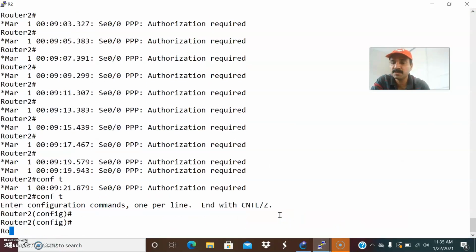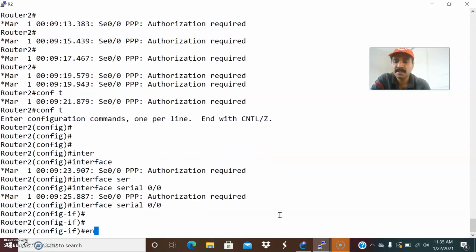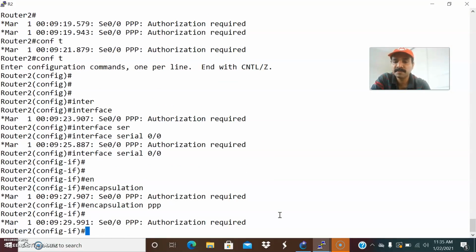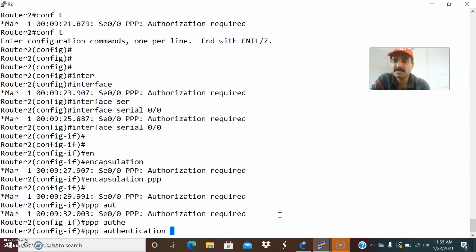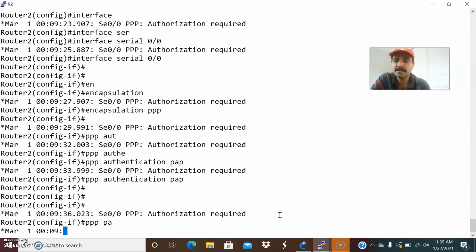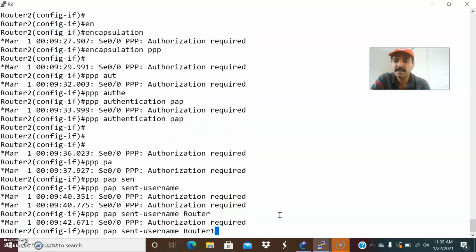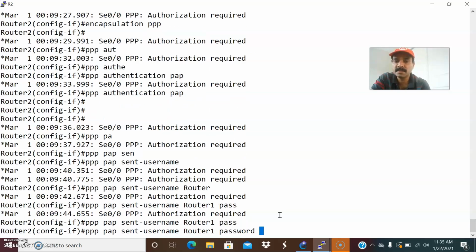Go to the configuration mode, interface serial 0/0, encapsulation PPP, PPP authentication is PAP. Then you have to configure ppp pap sent-username. That username would be router1, and the password is hello.